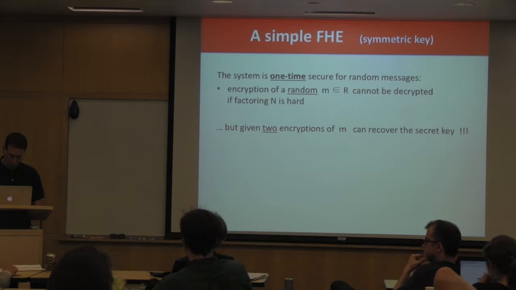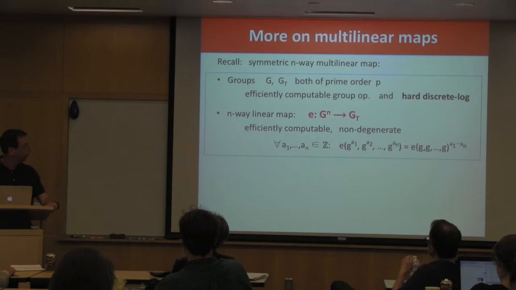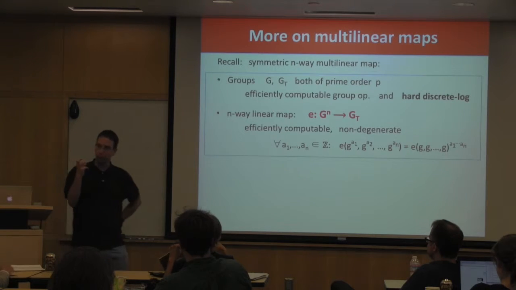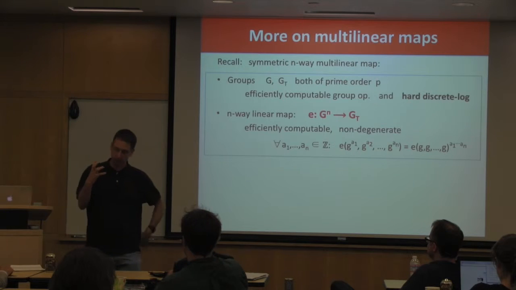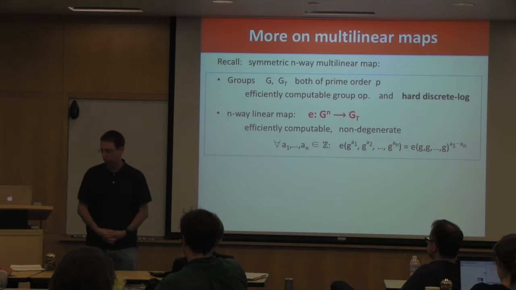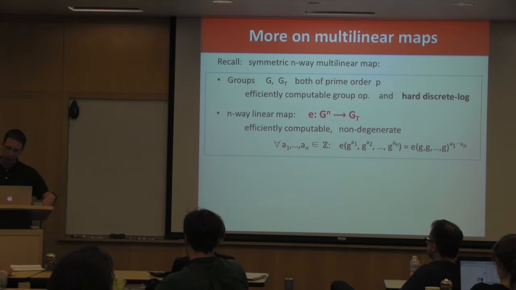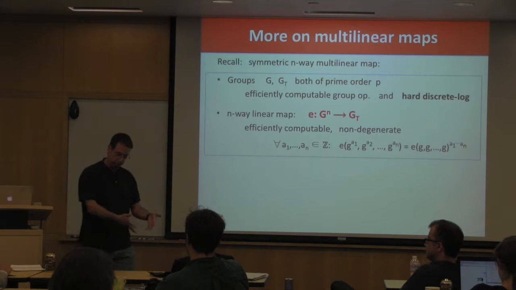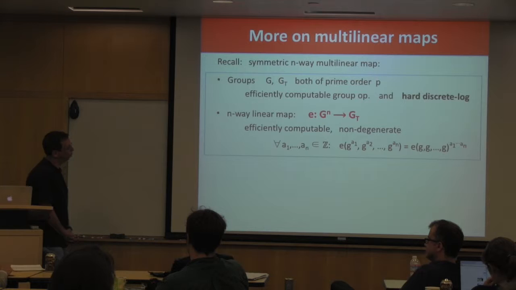All right. What I wanted to do in the remaining minutes is tell you a little bit more about multilinear maps. It's something I should have done yesterday, and I apologize. I should show you why we're so excited about them. Why are they the crux of the most important problem in crypto that needs to be solved right now? You laugh, but it's true. Coming up with good multilinear maps is, in some sense, the most important problem in the world of crypto these days.